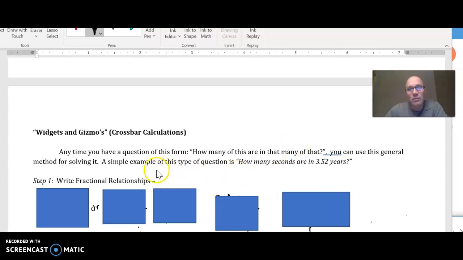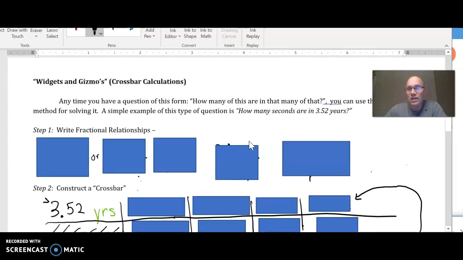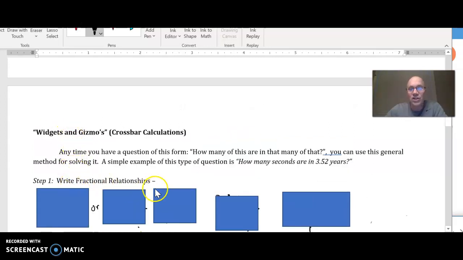All right. But a simple type of a question that you could ask where you would use this is how many seconds are in 3.52 years? All right. And again, I know that a lot of people could do this even without using this method. But what I want to do is get you used to this technique. All right. So the first thing that we're going to do is we're going to write what are called fractional